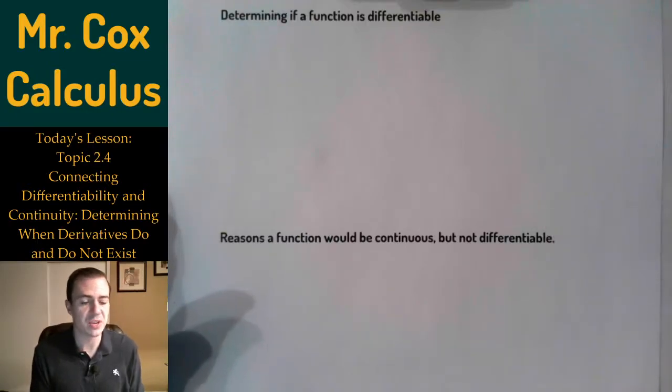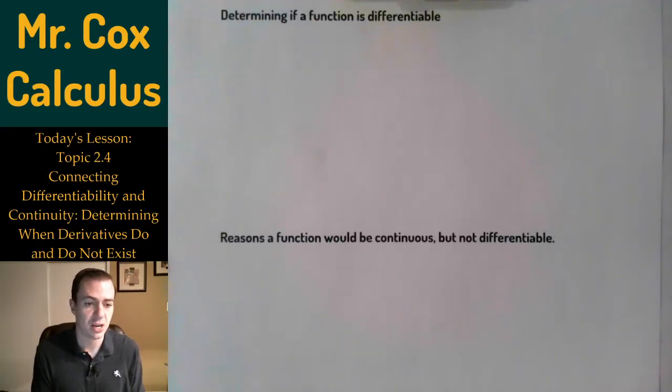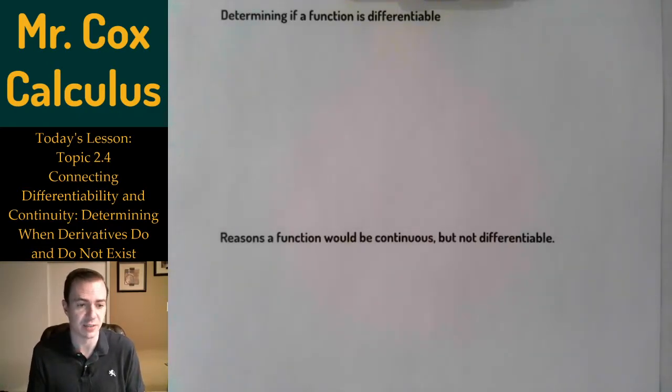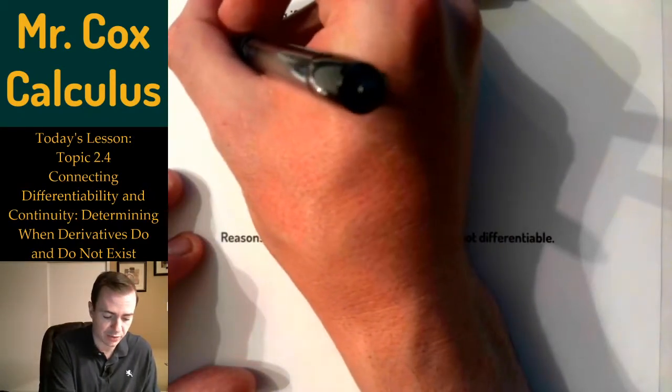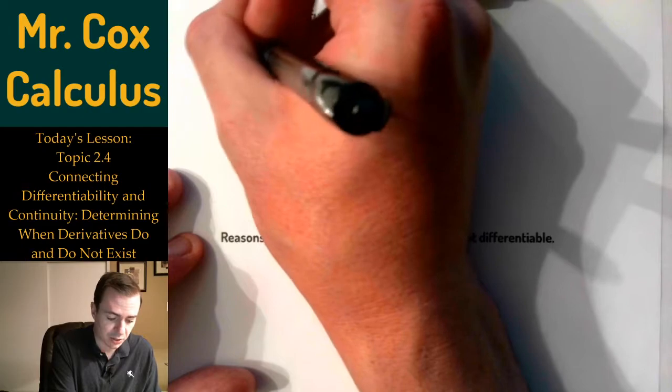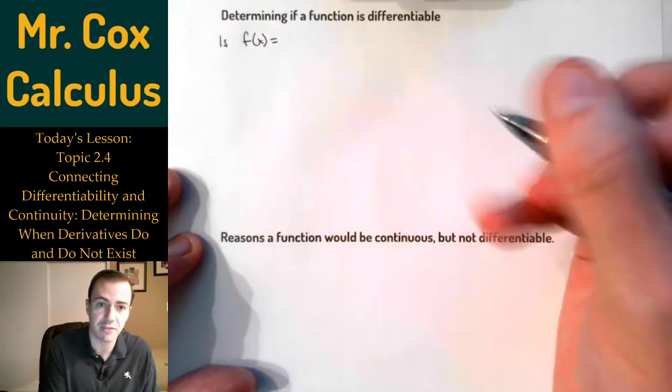One of the things that we can do with our limit definition of a derivative, showing that a function is differentiable at a point, is we can use it to prove that a function is differentiable at a point in a very similar way to how we showed that a function was continuous at a point. So let's take a look at a piecewise function here, and let's ask ourselves, is the function f of x,